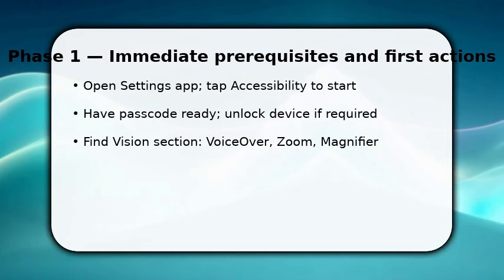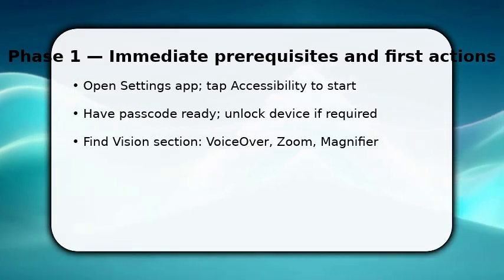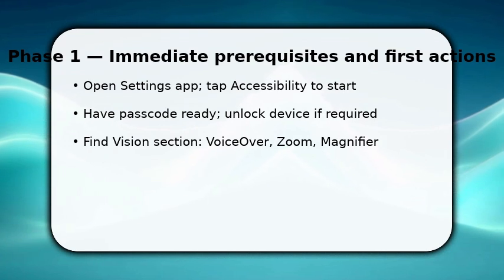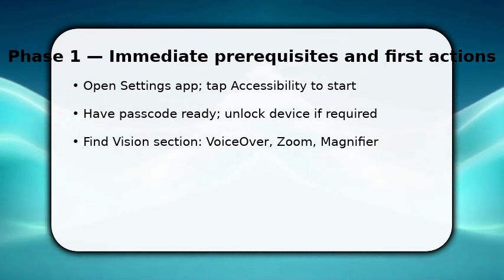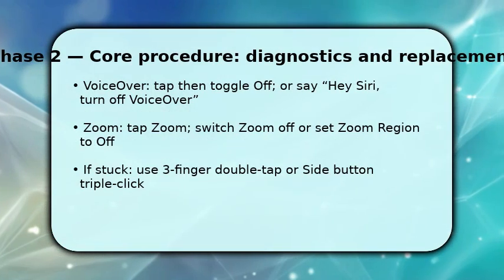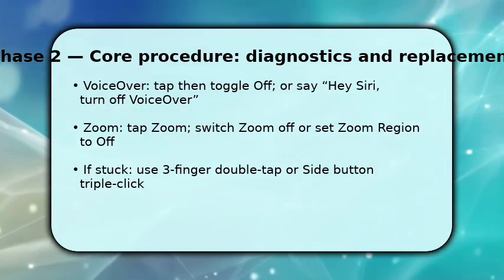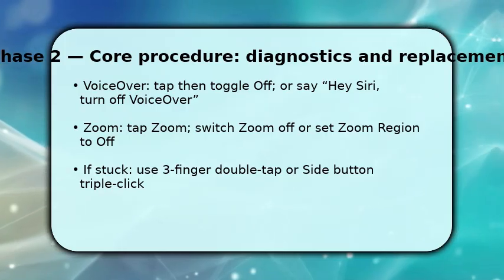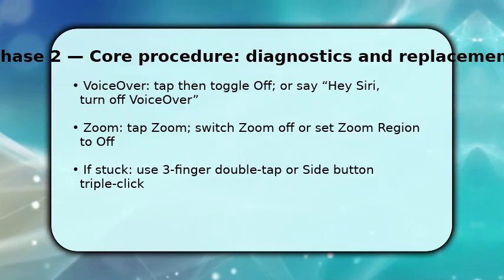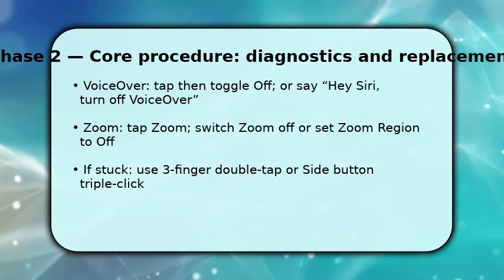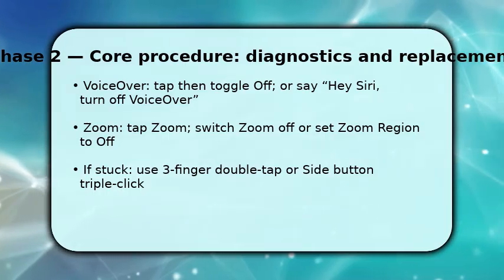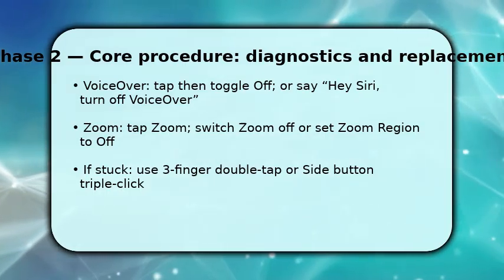Do this now so you can see normal touch interaction restored, rather than changing general device settings that won't affect eyesight features. Next, turn off VoiceOver and Zoom because these two most directly alter how you interact visually. Tap VoiceOver and flip the switch to off. If VoiceOver controls your taps, ask Siri. Turn off VoiceOver. Then go into Zoom and switch it off, or set Zoom region to off so the screen